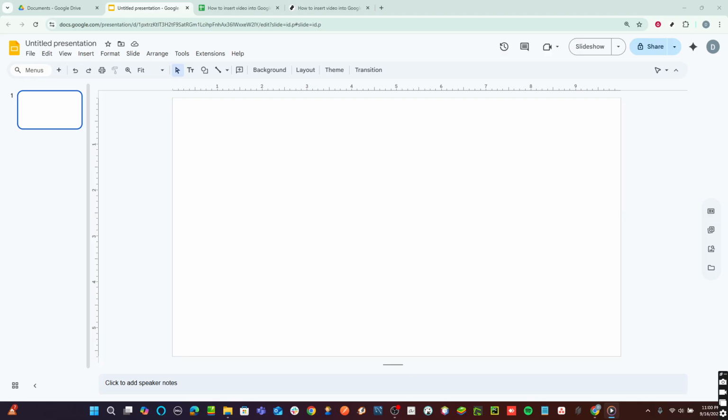First, you'll need to start by opening Google Slides. Google Slides will serve as a go-between for inserting the video into your Google Sheet. If you haven't used Google Slides before, simply go to your Google Drive, click on New, and select Google Slides. Once you have a new Google Slides presentation open, the next step is to move to the top menu bar